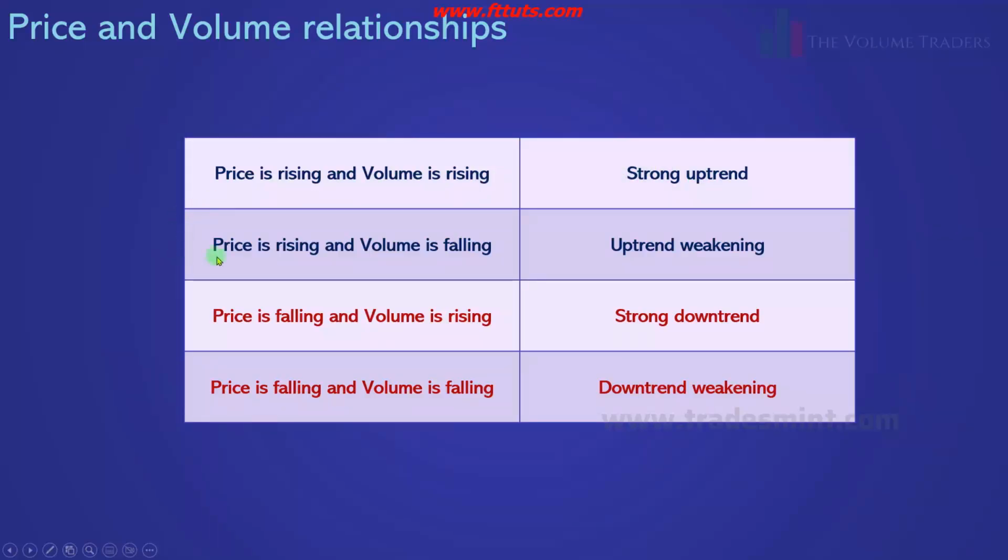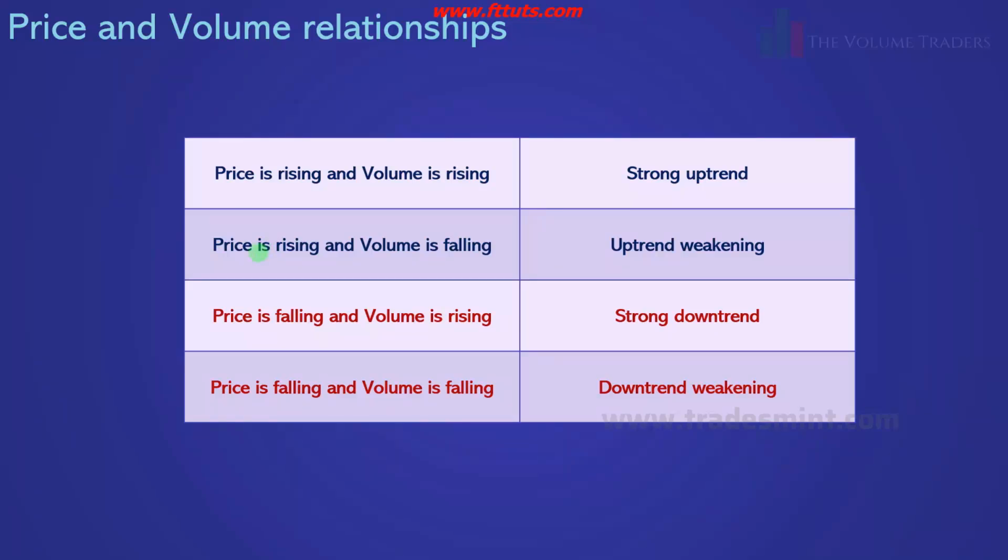But when price is going up and we see decreasing volume, there's a very high probability of reversal. So this is why when I see, for example, the price going to the supply, doing a small consolidation with decreasing volume,